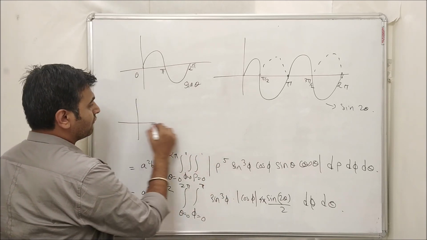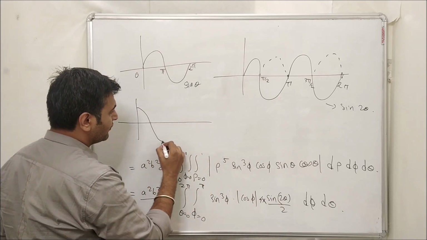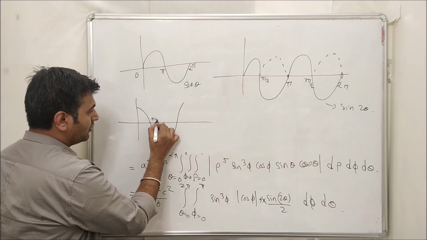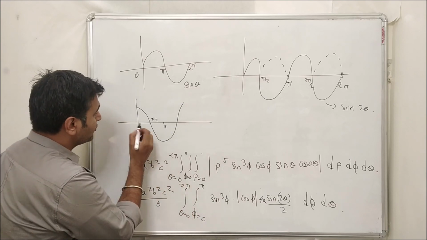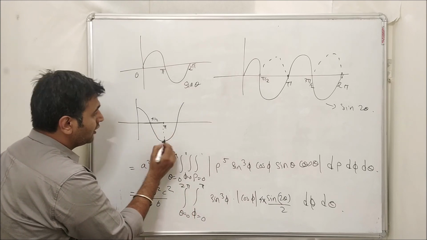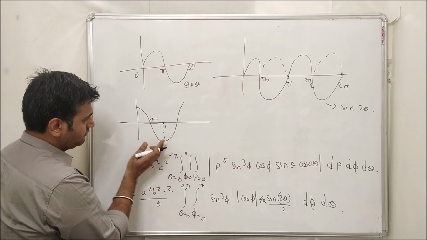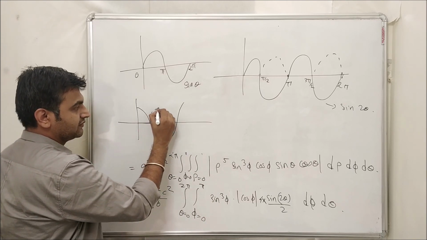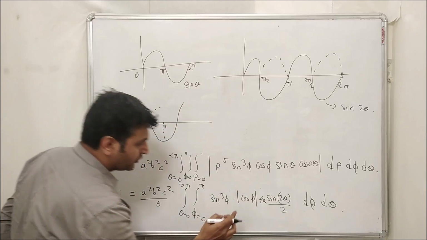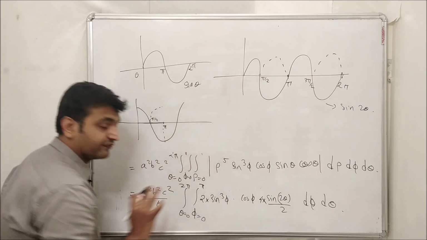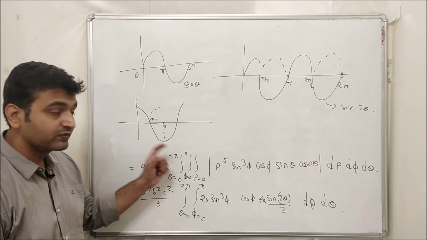What about cos phi? We know this is the graph for cos phi. This is pi by 2. So I have to concentrate from 0 to pi, so till here. Again, this is symmetric. When I am taking mod, this graph will come up like this. So 1 and 2. So you replace this as 2 times cos phi. Okay, so I hope this idea is clear.